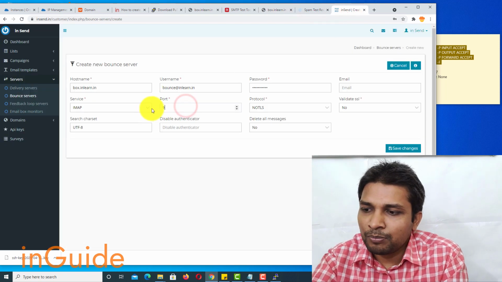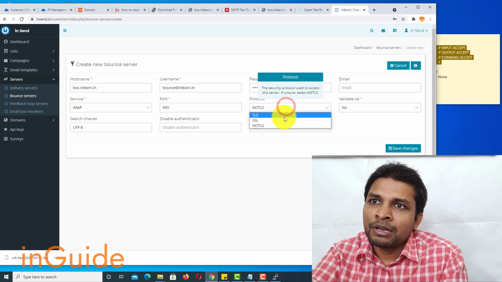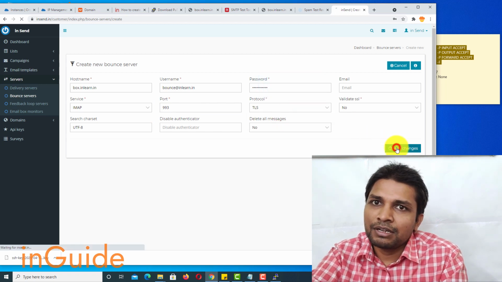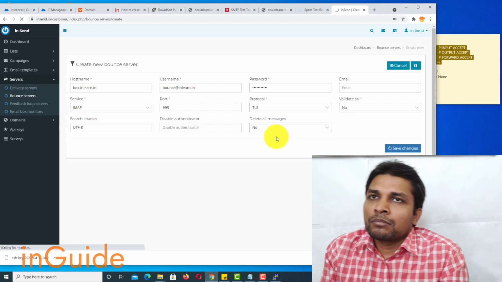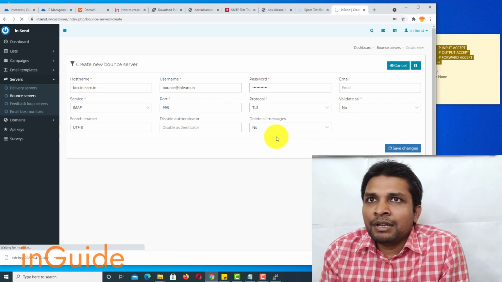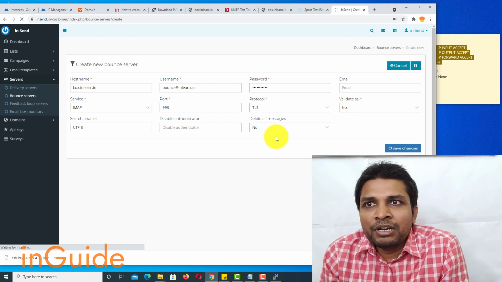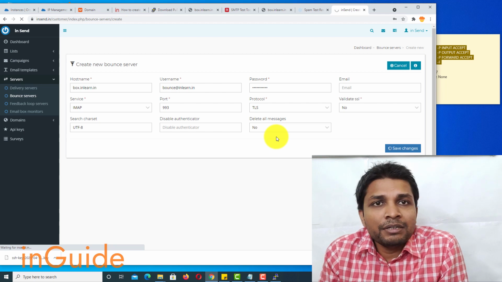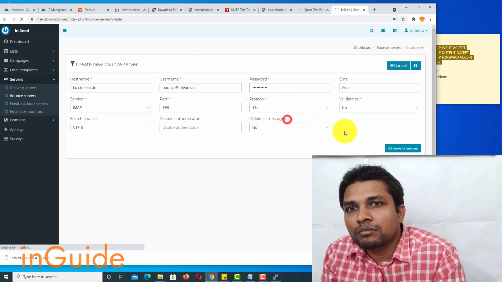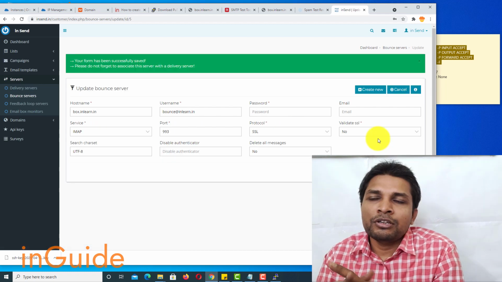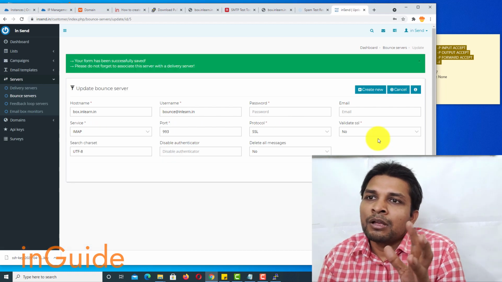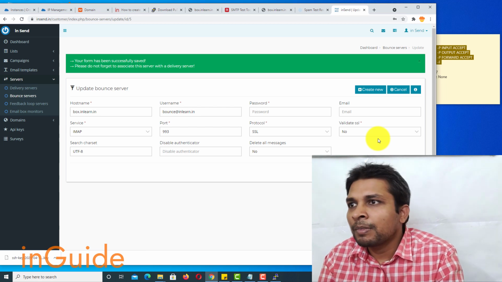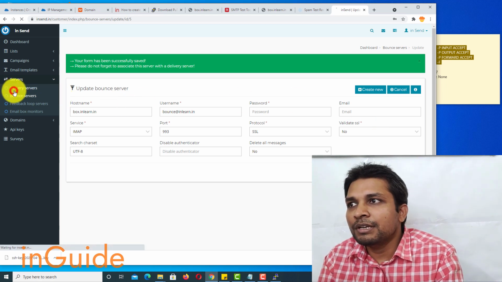So I'll select port 993, SSL or TLS, anything, and then click Save Changes. Now it seems like there is some issue, otherwise it wouldn't have taken that much time. So next I am going to select SSL. Alright, as soon as I selected SSL, the bounce server was added to MailWizz.